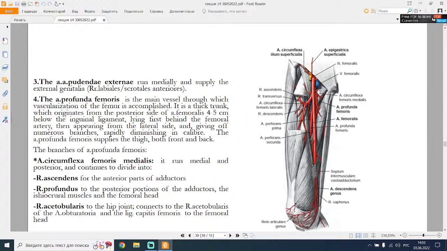The arteria profunda femoris supplies the thigh, both front and back. The branches of arteria profunda femoris. This is first arteria circumflexa femoris medialis. It runs medial and posterior and continues to divide into ramus ascendens to the anterior part of the adductors and ramus profundus